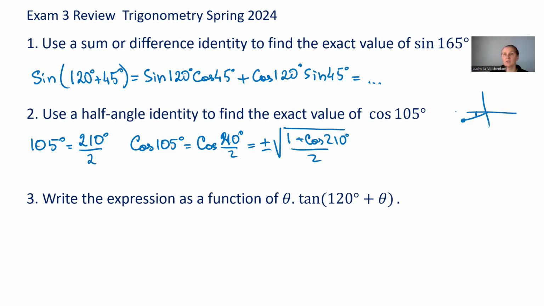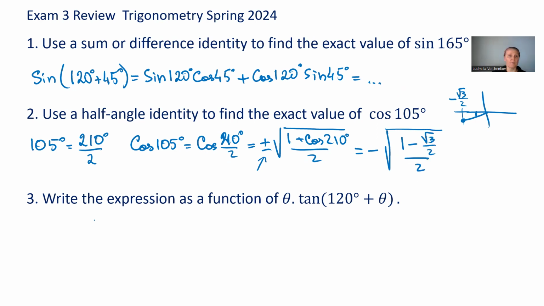The reference angle is 30 degrees. The cosine is negative square root of 3 over 2. And to choose plus or minus here, we also look at the unit circle. 105 is greater than 90, so it's in the second quadrant. The cosine must be negative, so we choose the negative sign and substitute 1 minus square root of 3 over 2